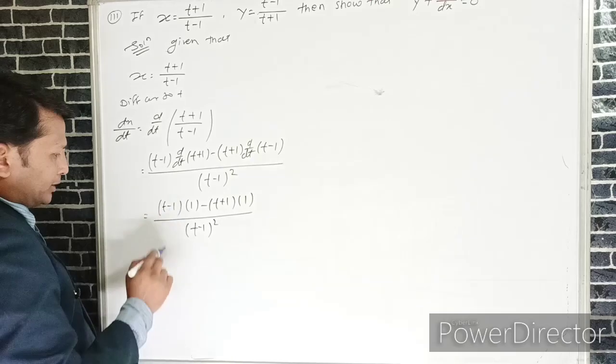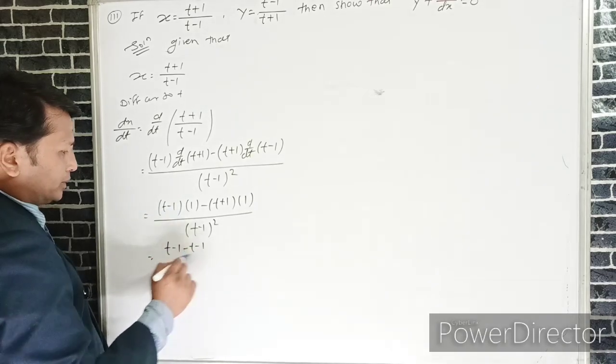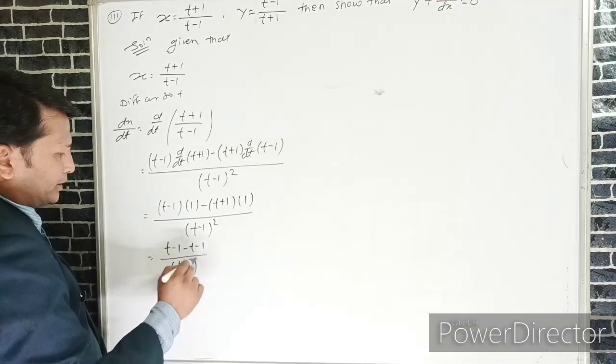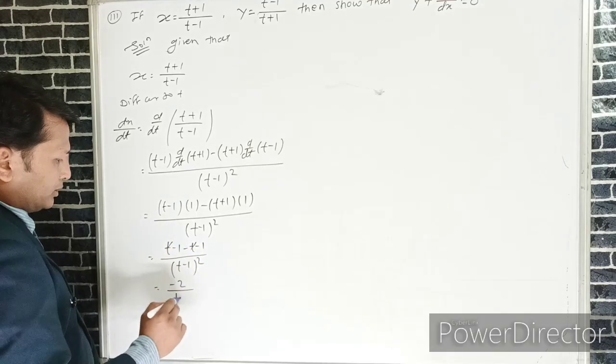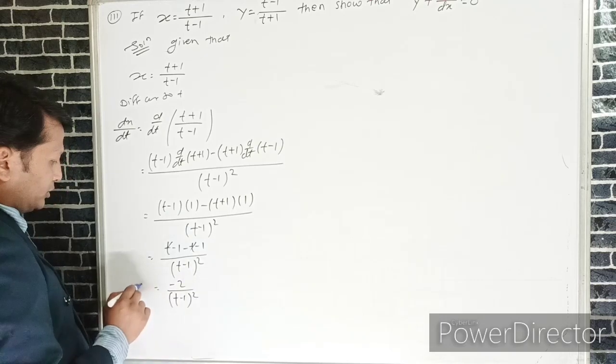Here t into minus 1 minus t minus 1 upon t minus 1 bracket square, we can write it plus t minus t cancel, minus 2 upon t minus 1 whole bracket square,